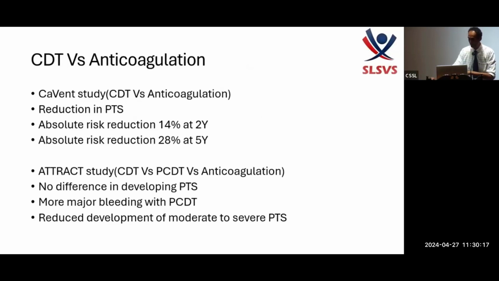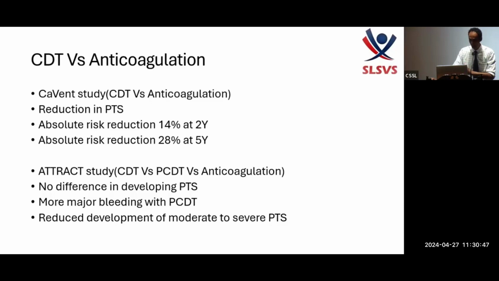So the CDT versus anticoagulation, there are controversial studies in the literature. The CAVENT study has compared CDT versus conventional anticoagulation, where they said there's a reduction in PTS. There's an absolute risk reduction of 14% at 2 years and 28% at 5 years. But the rest of the studies haven't proven much